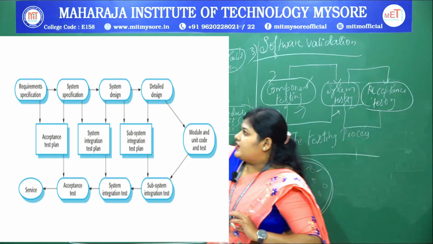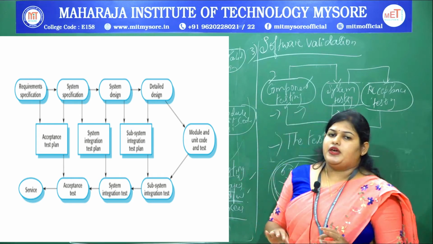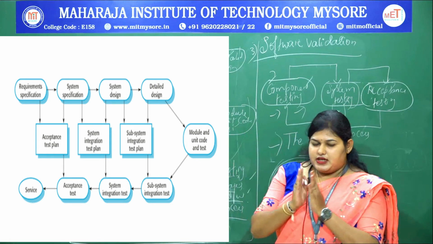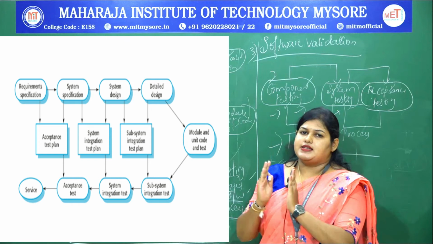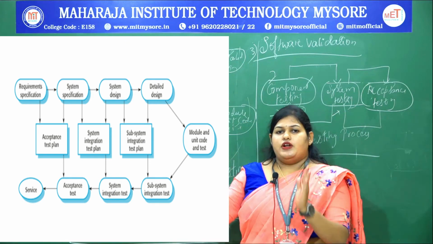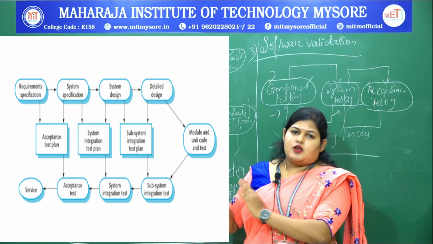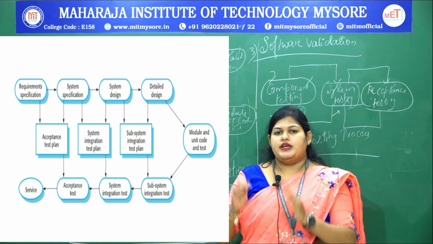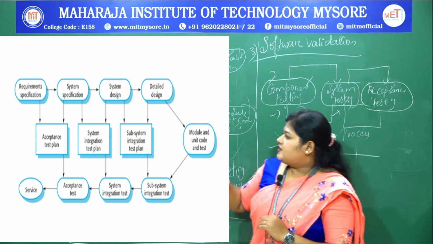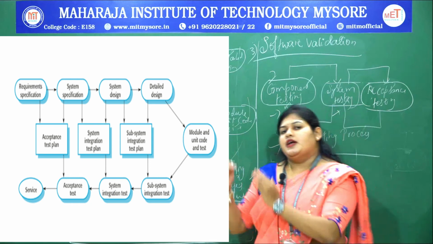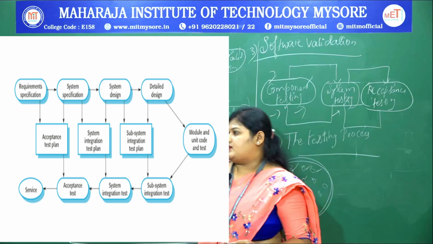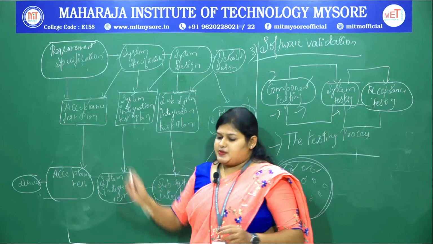So, likewise the requirement specifications will be working on all these models. Firstly, we will check out a single component, that is the unit test, and after that we will try to collect all those single components and form the integration test plan, and according to that integration, it will be converted to the acceptance. That is the last phase, that is the acceptance test plan.